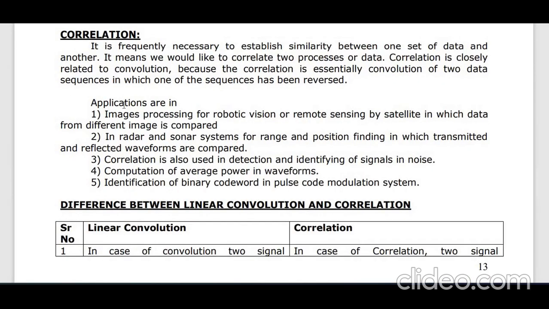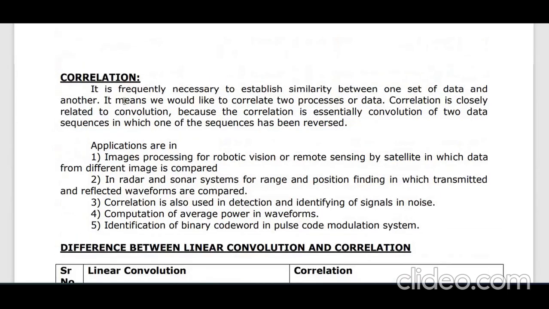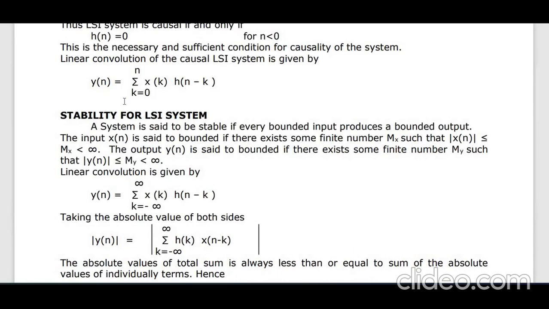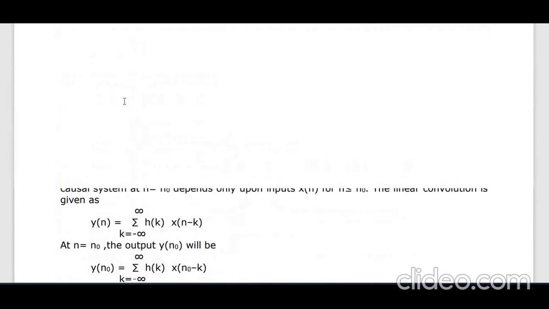So students, the next concept we have is correlation. Whenever I tell you these concepts, they are very important from the examination point of view. They will give us a signal and ask us to verify the given system, whether it is causal, stable, whether it depends upon the present input, past input, previous input. All these kinds of scenarios you need to obtain. Causality, stability,